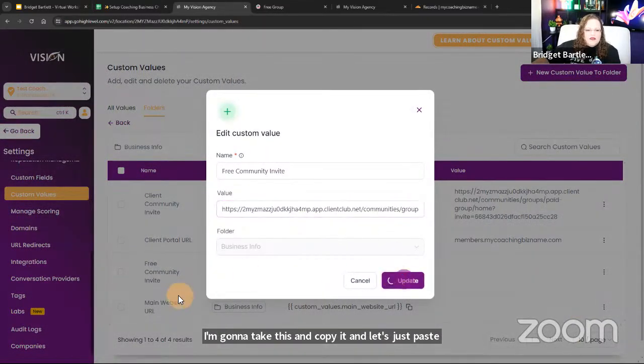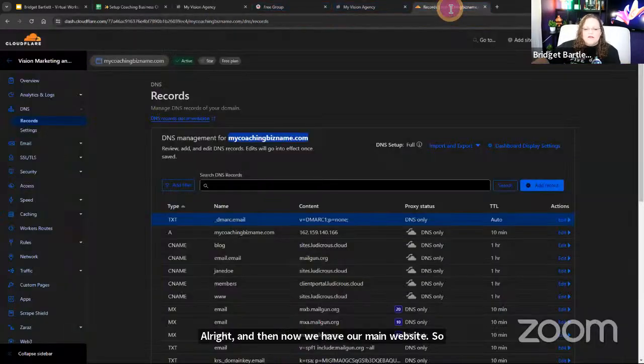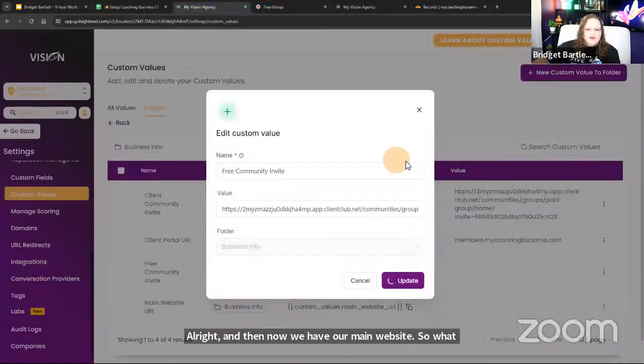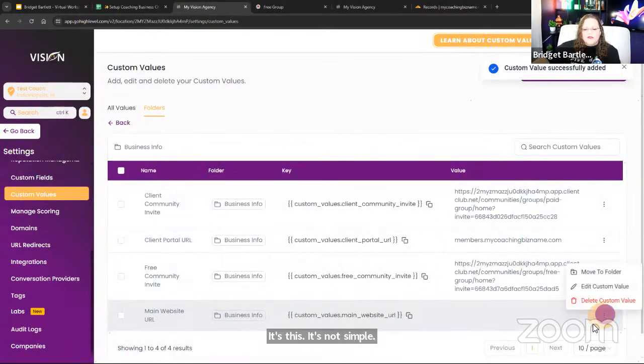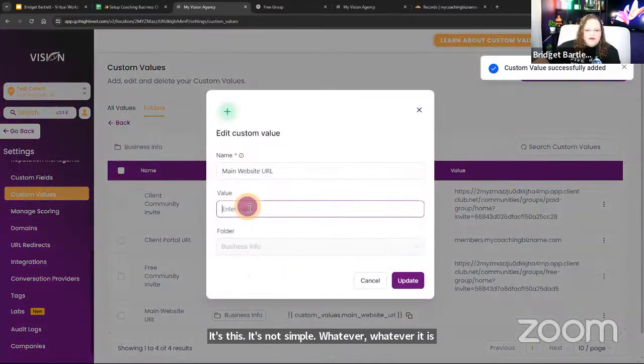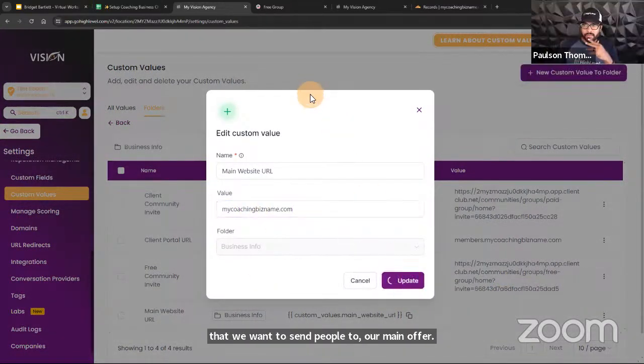All right, and then now we have our main website. So what is our main website? Guess what? It's this. It's that simple. Whatever it is that we want to send people to, our main offer. So I'm going to say, and custom values is beyond just communities, just in general,